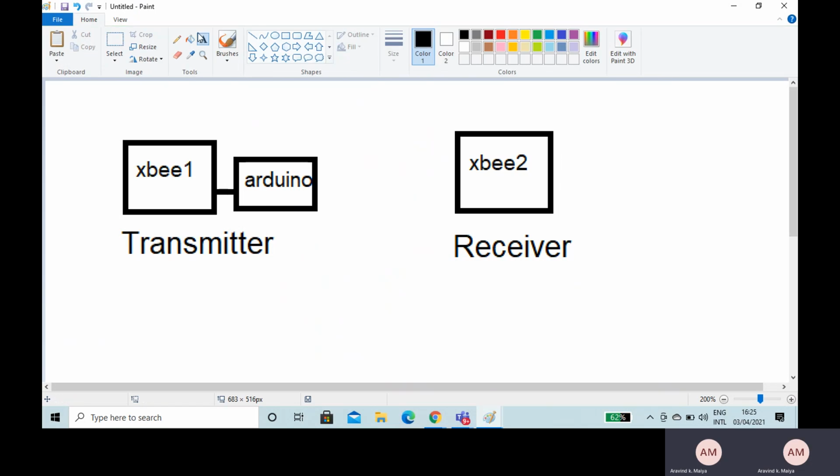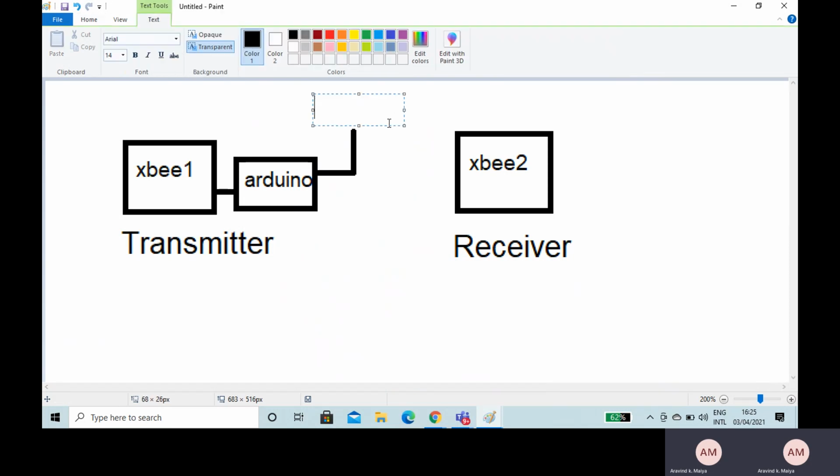Now, the transmitter is basically connected to a computer. We connect it to one serial port of our computer. It is going to our PC.